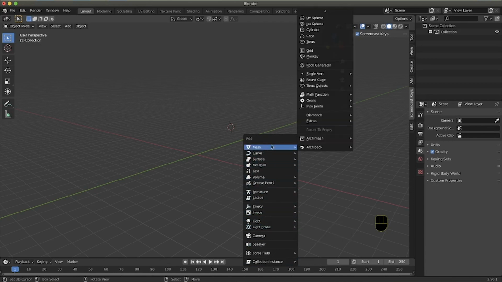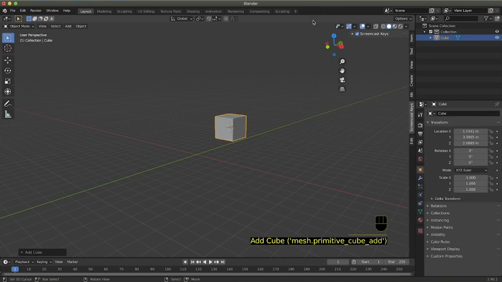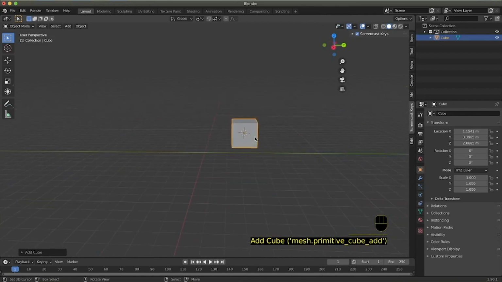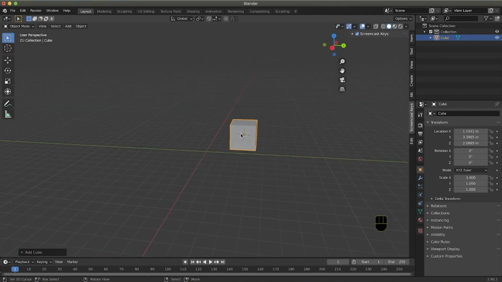The main menu you will use is the Mesh menu that allows you to add meshes. And again, here you can find your cube. If I press cube, a cube appears with the pivot point. That's the point that positions the cube in the 3D space.